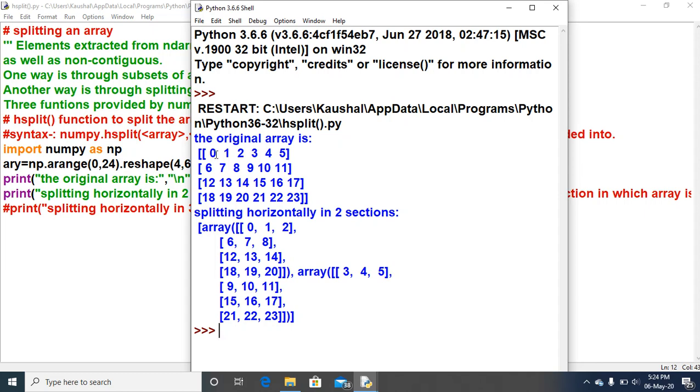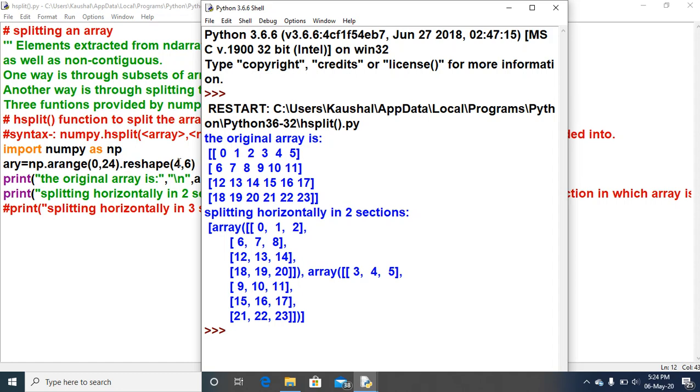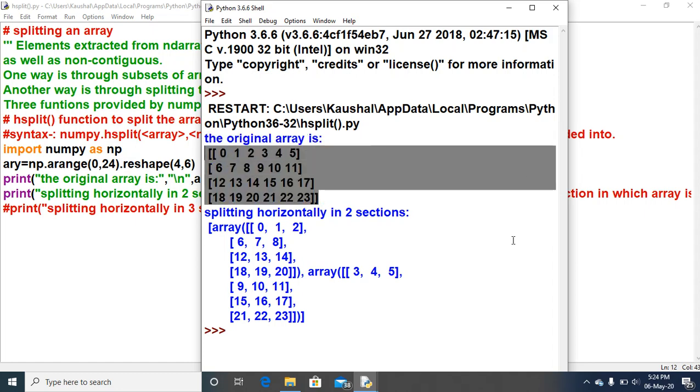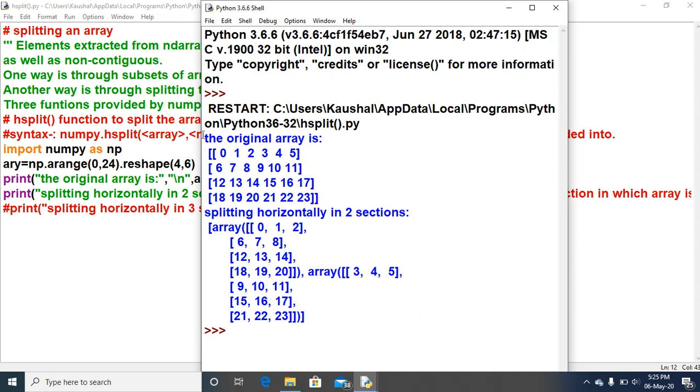So just see here, 0 to 23. 0 is the lowest and 23 is the highest according to this arange function. And through the reshape function the array is converted into 2D. So 4 rows, just count the rows: 1 row, 2 rows, 3 rows and 4 rows. Clear? So 4 rows are there and 6 columns. Columns how?